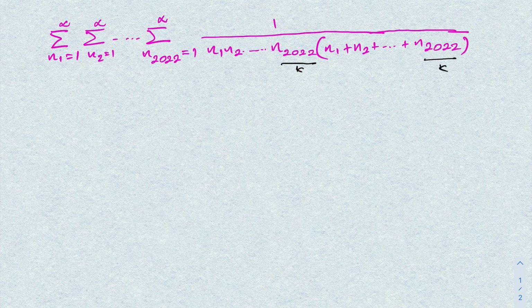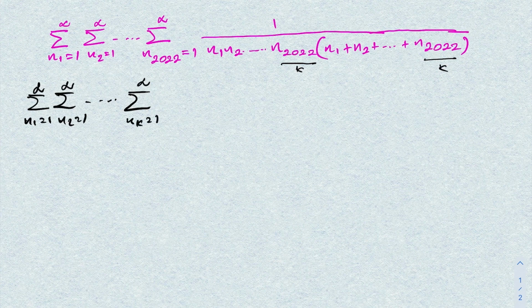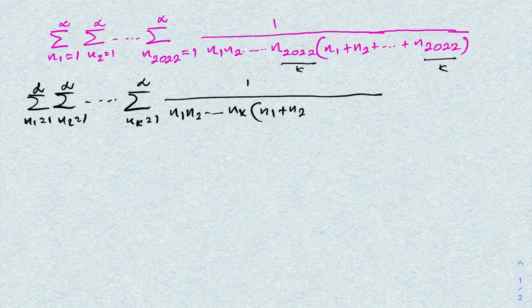So we can rewrite our sum: n1 equals 1 to infinity, sum of n2 equals 1 to infinity, up to nk equals 1 to infinity, 1 over n1 n2 up to nk, times n1 plus n2 plus up to nk. Okay,